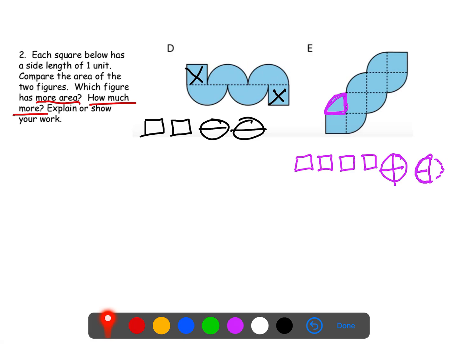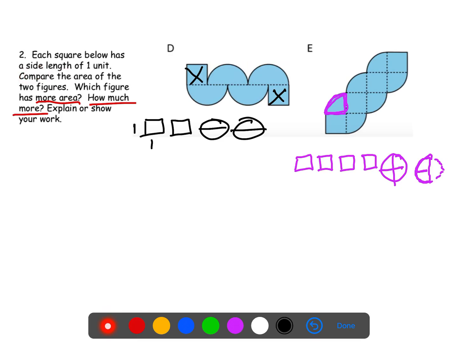Okay? Now, we can do a little elimination here and try to solve which has more area. It's not necessarily easy to see right here because we're dealing with different shapes of different sizes. So this, I think, would be a good time to use 3.14 for pi. Let's find the area of these circles and get an approximate amount for how much bigger one shape is over the other. So if we're told that the squares have a side length of 1 unit,